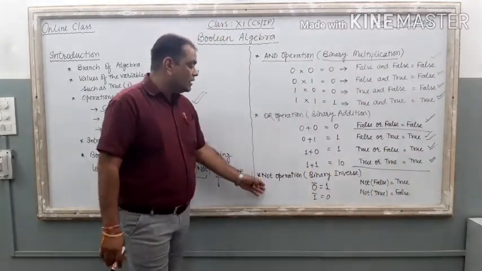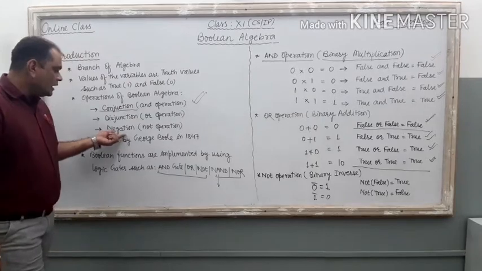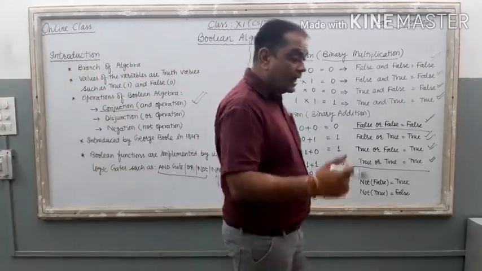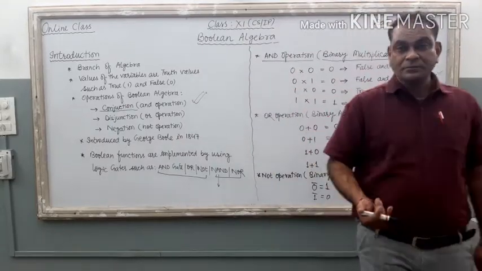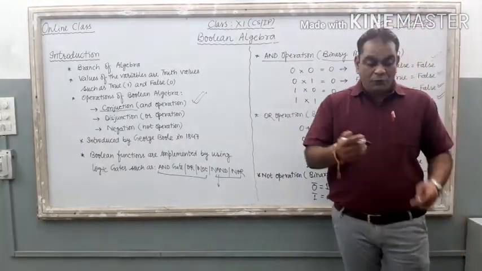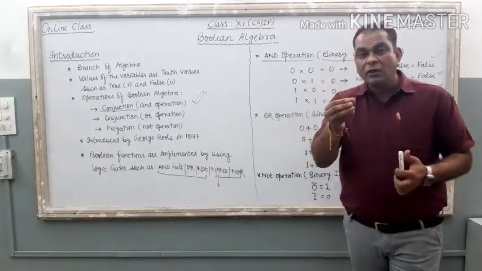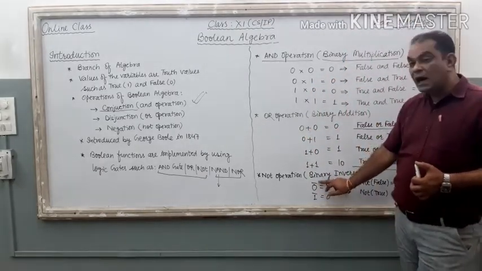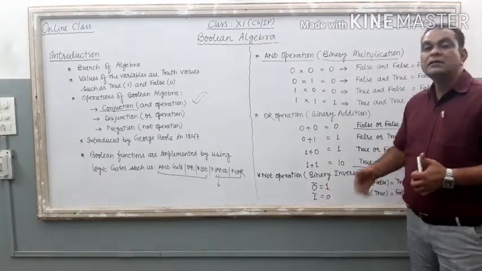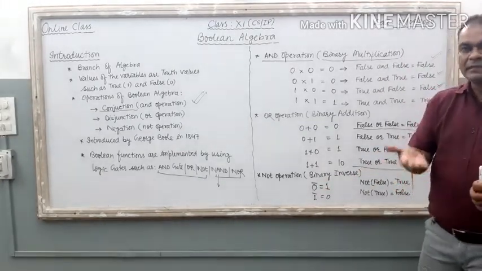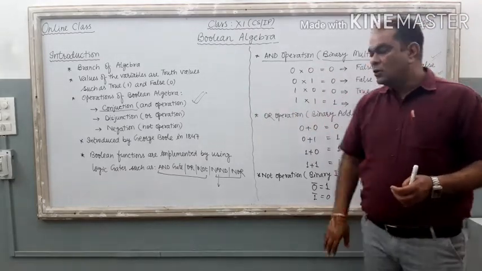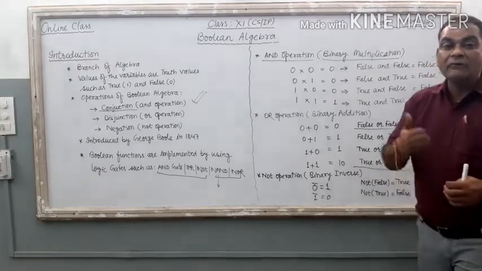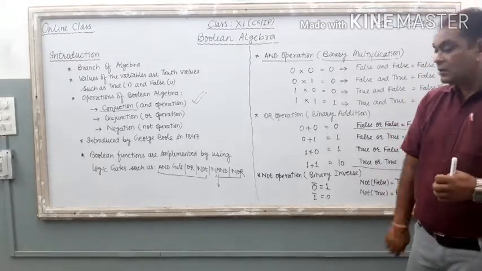Now the last one, it is negation, or we can say NOT operation. What is there in negation? It works on binary inverse. Inverse means if you are going to invert 0, then we put a bar, 0 bar. The result of 0 bar is 1. Just the opposite of the particular digit. 0 becomes 1, 1 becomes 0. So here bar on 1 is known as 0. It is known as the inverse operation, or we can say inverter.